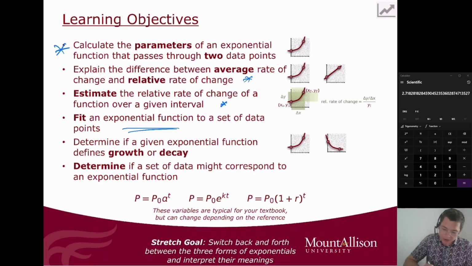Determine if an exponential function defines growth and decay, which is at the end of that last checkpoint, and determine if a set of data might correspond to an exponential function. Does it follow one of these three forms that you have down here? Does it keep increasing by a constant relative rate? And the stretch goal is switching back and forth between all three versions, because they tell you different things. You'll see them depending on context. You might see one version more frequently than another, and then understanding what continuous rate versus a discrete rate is